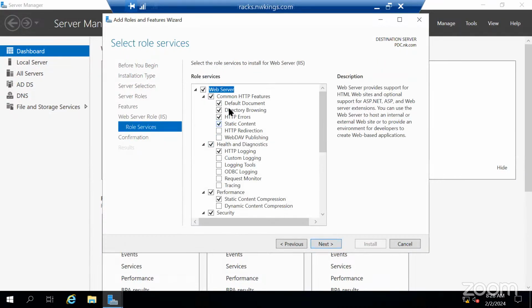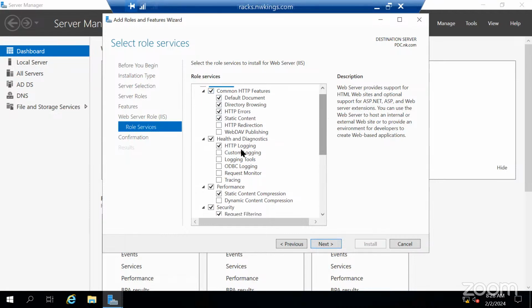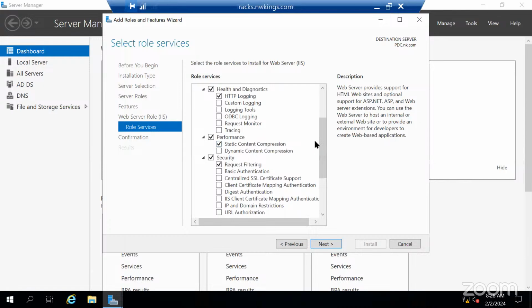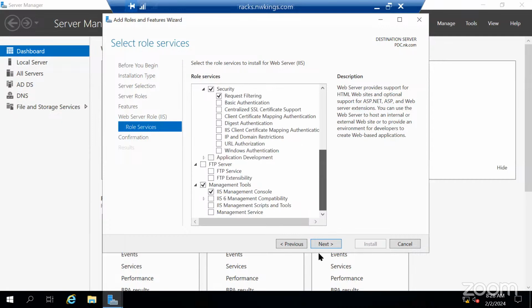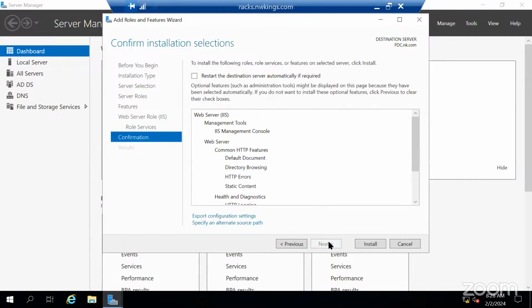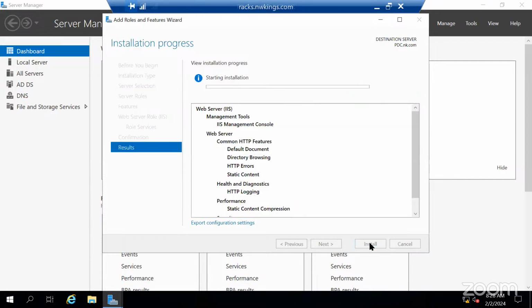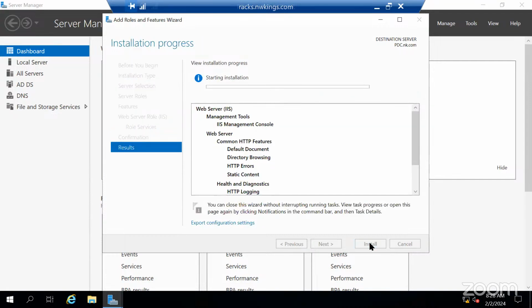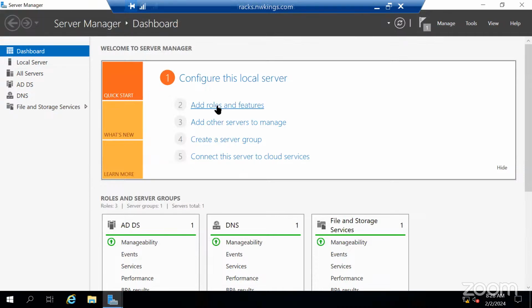So see, this was the dependency I was talking about, right? So you should not uncheck any of them. Additionally, you can check any of the services, but whatever the defaults are will be auto selected, so no need to uncheck them. Let it be as it is. All right, now go next and then install. Right, same way, whatever roles you want to install in the server, it should go via Add Roles and Features.